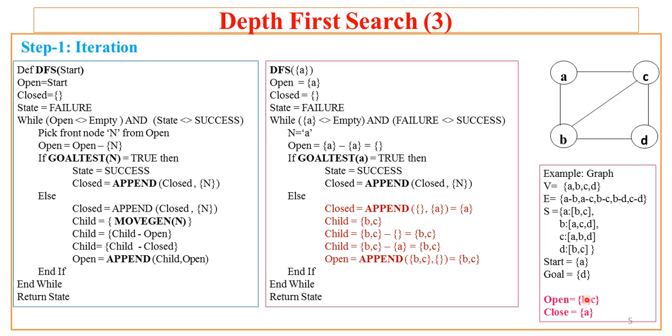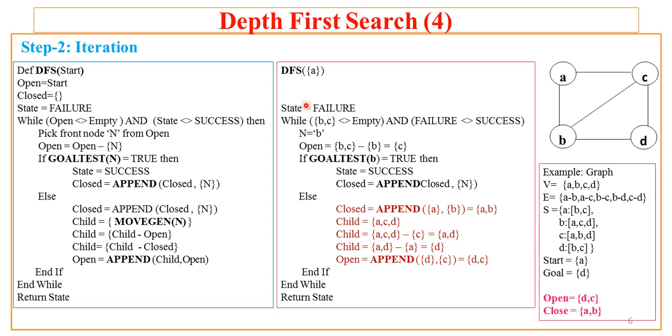So we'll start with the new open list and we'll iterate the while loop again, because the while loop stops when either one of these two conditions is false or both conditions are false. But in our case both the conditions are true, because now our open has B and C and still our status is failure, because we have not yet reached the goal node. We have just explored the node A and we are going to explore B and C, which are children of A. Hope you have understood this. Now we'll go to the next iteration.